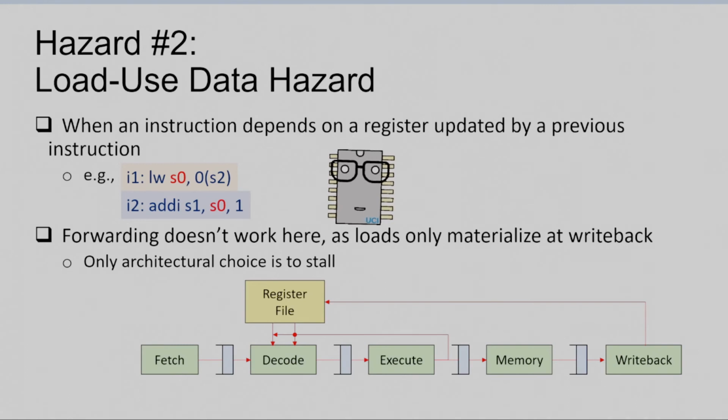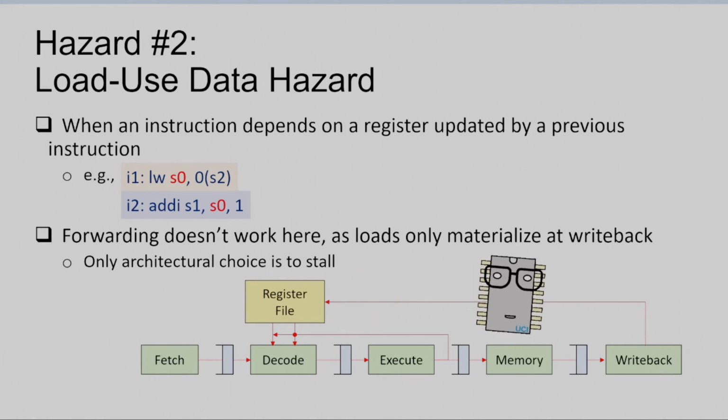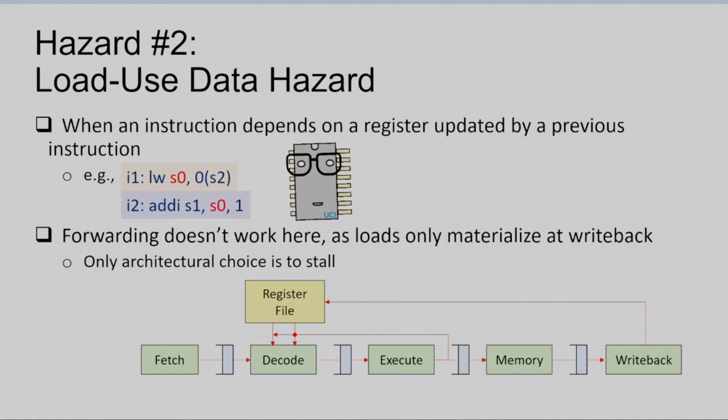forwarding doesn't really work here because loads only materialize at write back. Even if we had a forwarding path from the execute to the decode, or from the memory stage to the decode, that will not help with the load use data hazard, because the answer to the load instruction, instruction 1, which instruction 2 depends on, is not available inside the processor at all because it depends on what's going on off chip from